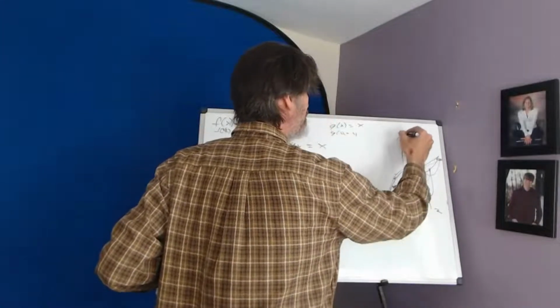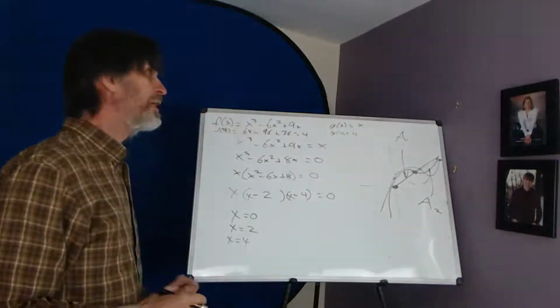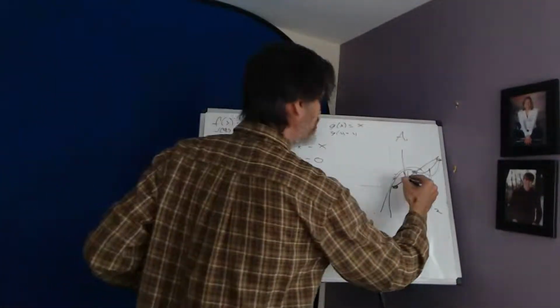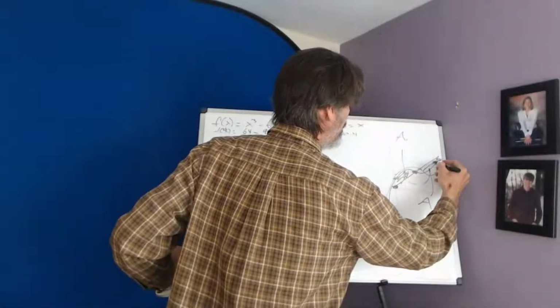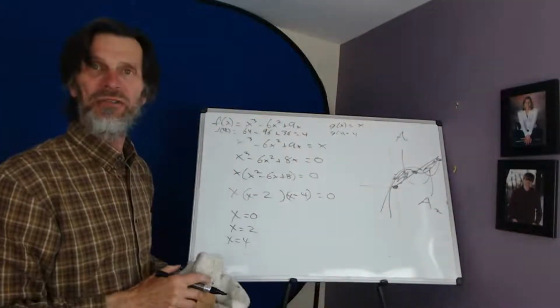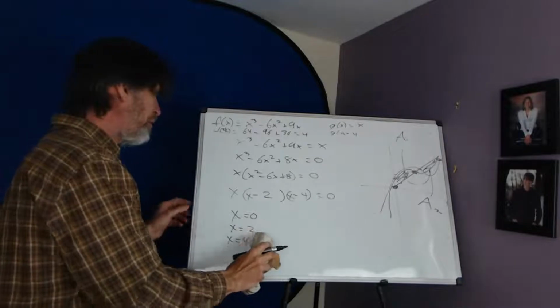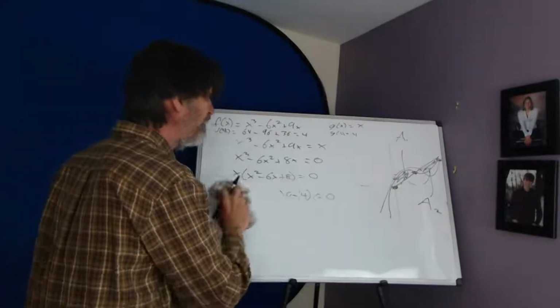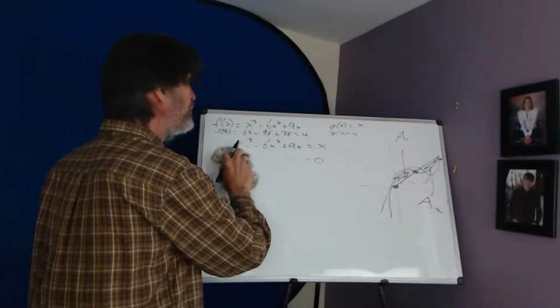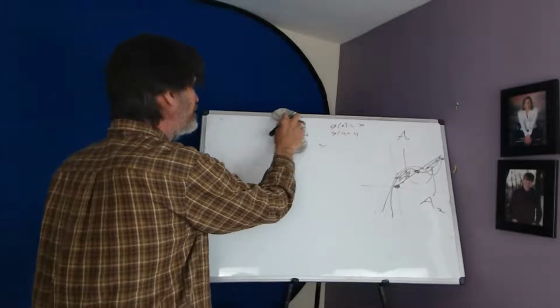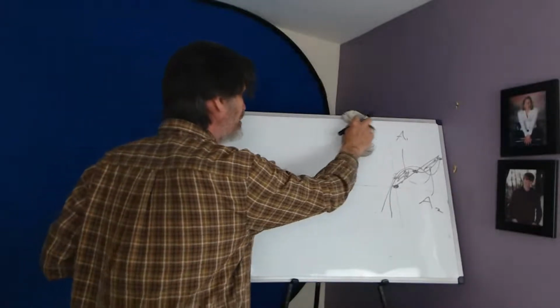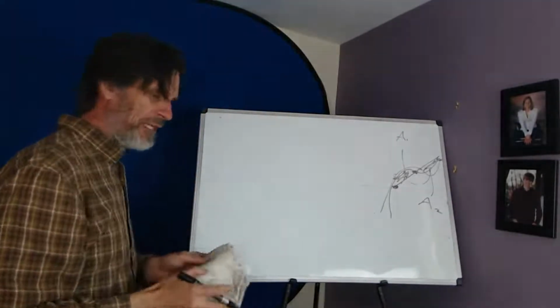Call that one A sub 2 and that one A sub 1. And the total area between those 2 curves then will be whatever the sum of those 2 individual ones are. So let's work with A1. I'm going to work A1 all the way through, and then I'm just going to leave the setup on A2 and let you figure out what to go from there. So as you hopefully picked up from the last video,